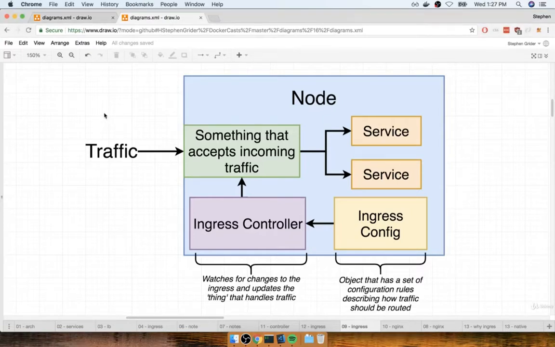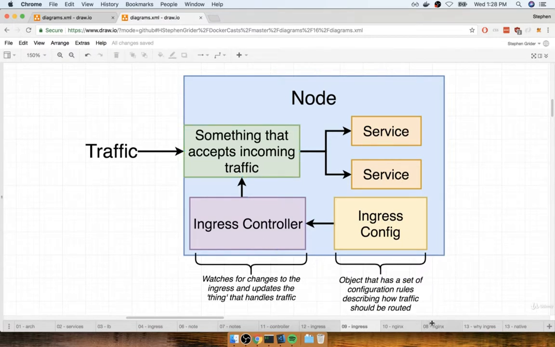In the last section, we spoke about the three separate pieces of setting up Ingress inside of Kubernetes. So we've got the Ingress config, we've got the thing that actually implements that configuration, and then we've got the thing that actually takes incoming traffic and sends it off to the appropriate service. So I now want to take this type of approach right here and apply it to the actual application that